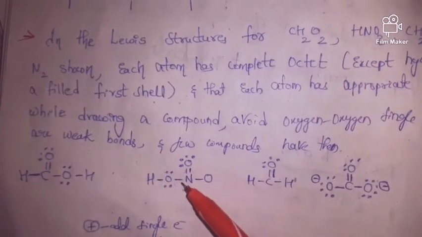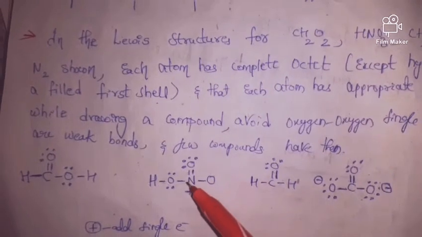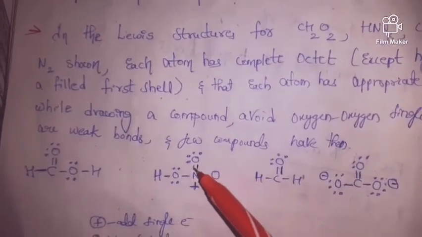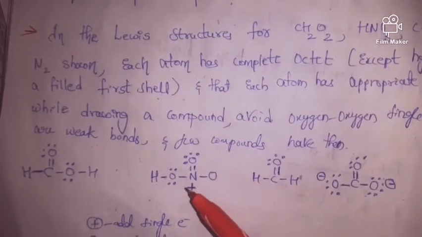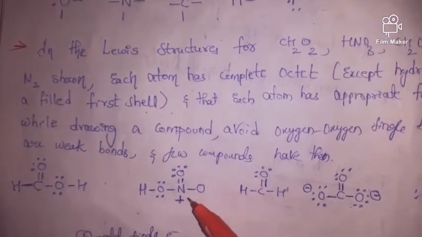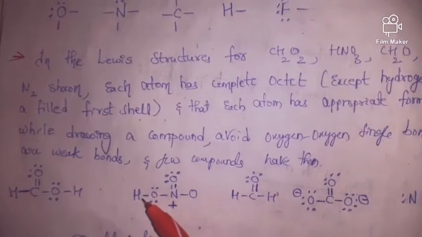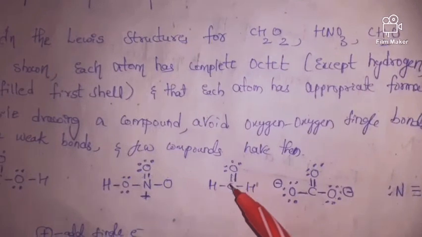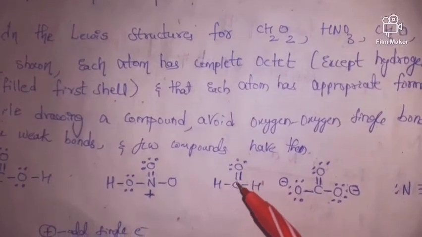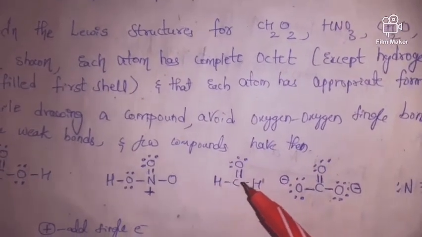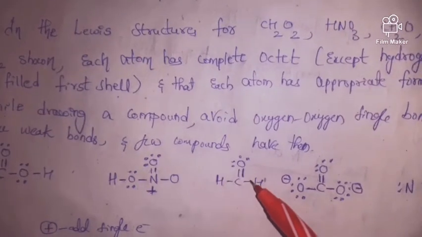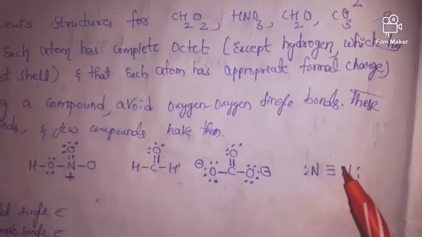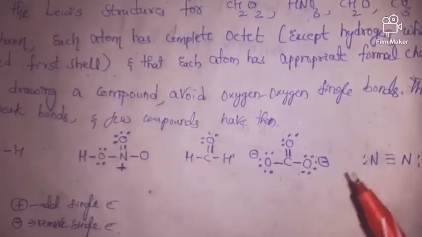Next, nitrogen is able to form how many bonds? 3 bonds. Of course here we have 4 bonds, no? That's why here they have represented a positive charge. Next, hydrogen is able to form a single bond, same thing friends. Here also oxygen is able to form 2 bonds, so 2 bonds near the oxygen. Carbon can form 4 bonds, so 1 2 3 4, hydrogen single bond. Here also, nitrogen is able to form 3 covalent bonds. These are the Lewis structures.